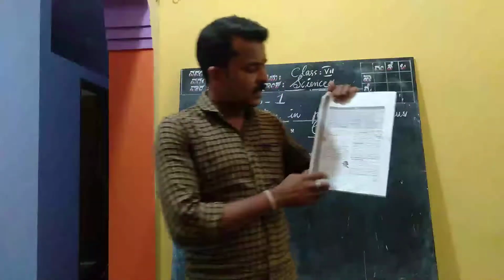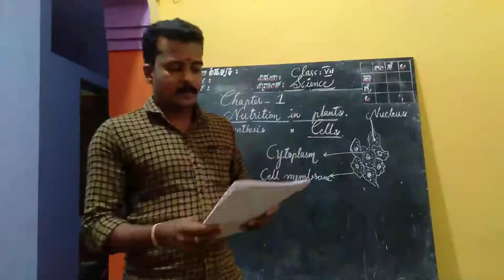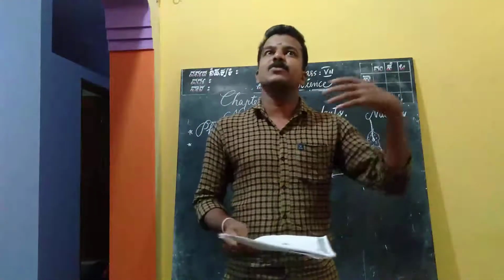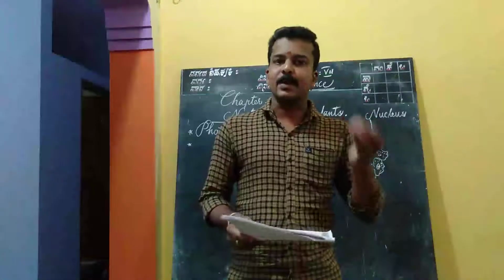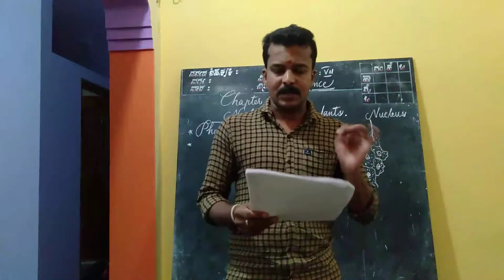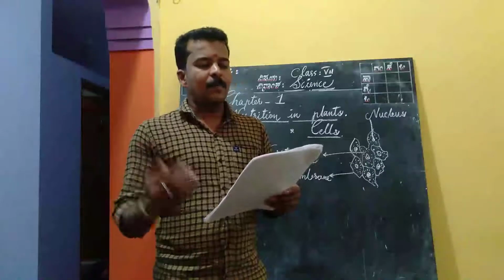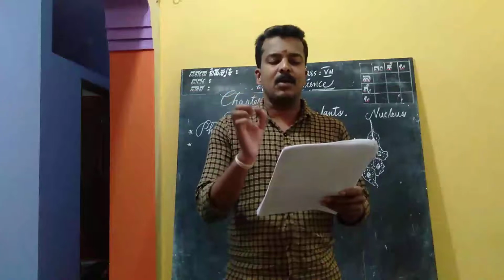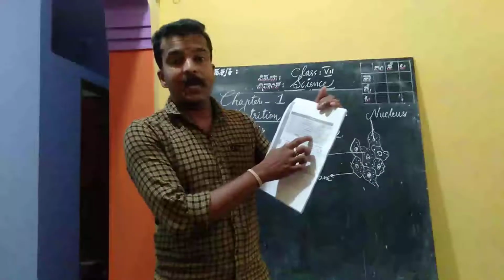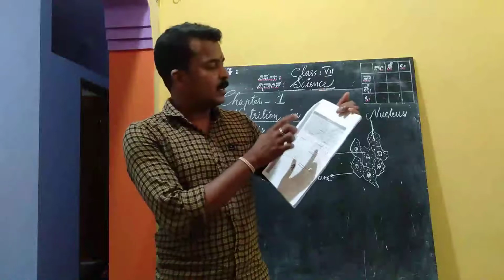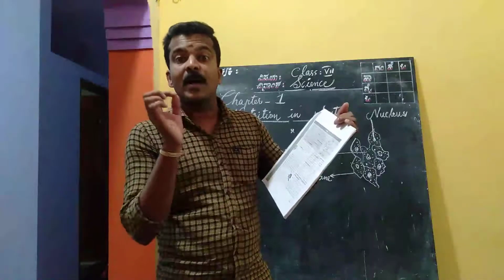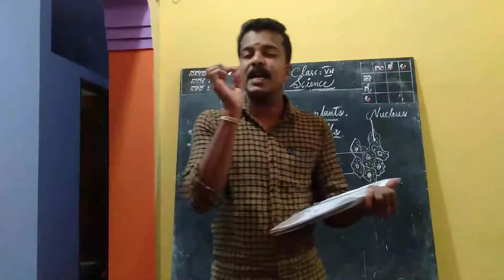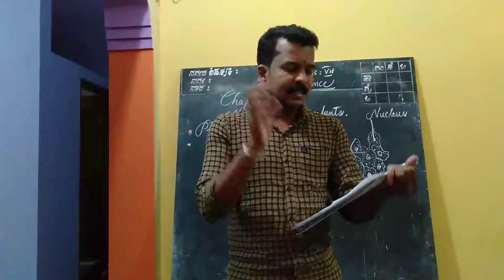Cells. You can see here on page number 2, cells. You have seen that buildings are made of bricks, and we know very well that most buildings, including our school, are made of bricks. You might have seen bricks, no? Similarly, the bodies of living organisms are made of tiny units called cells. The picture is given, this brick-like structure. The bodies of living organisms are made of tiny units called cells.